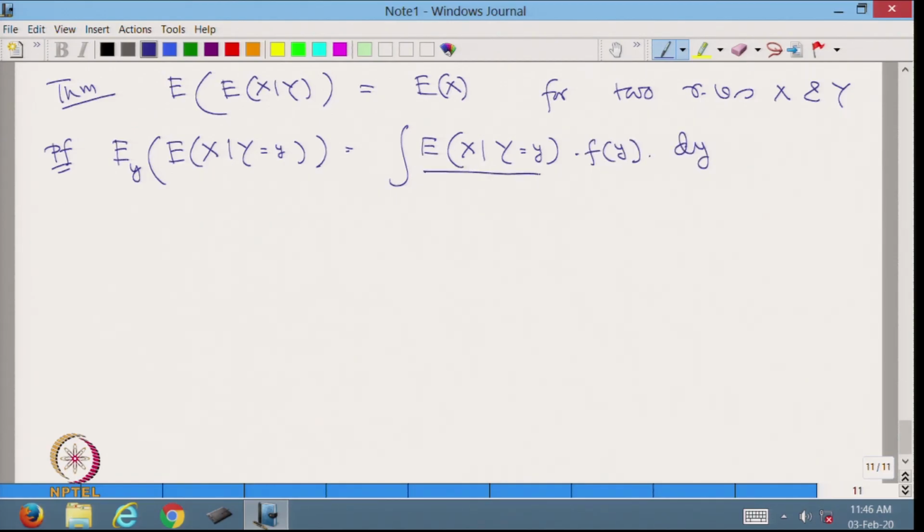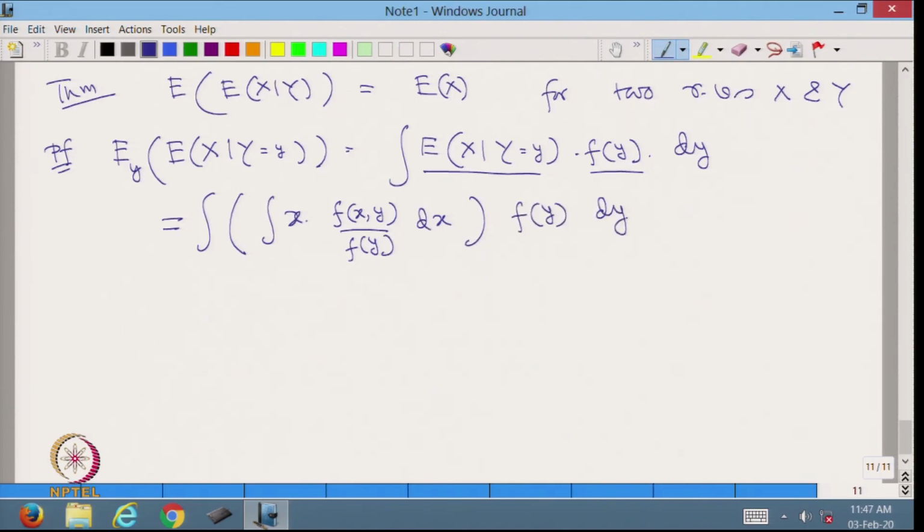This is the value of the random variable, this is the probability, is equal to integration of x fxy upon fy dx multiplied by fy dy